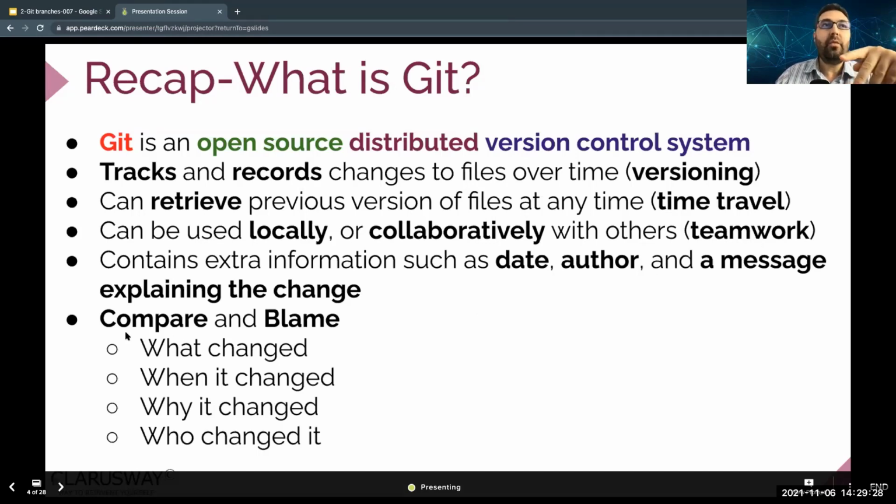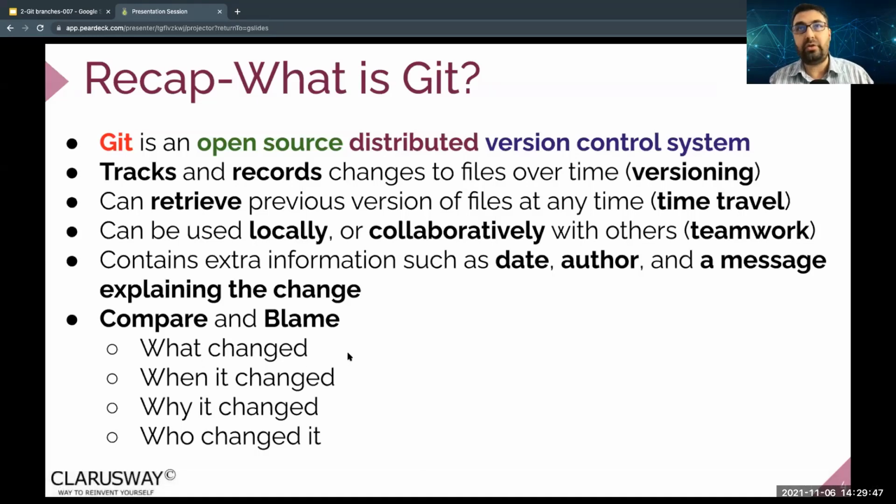With that compare and blame, you can see exactly who changed what, and when, and why it was changed, which is the message actually. These are the things that you can track with Git. So that's basically a version control system.